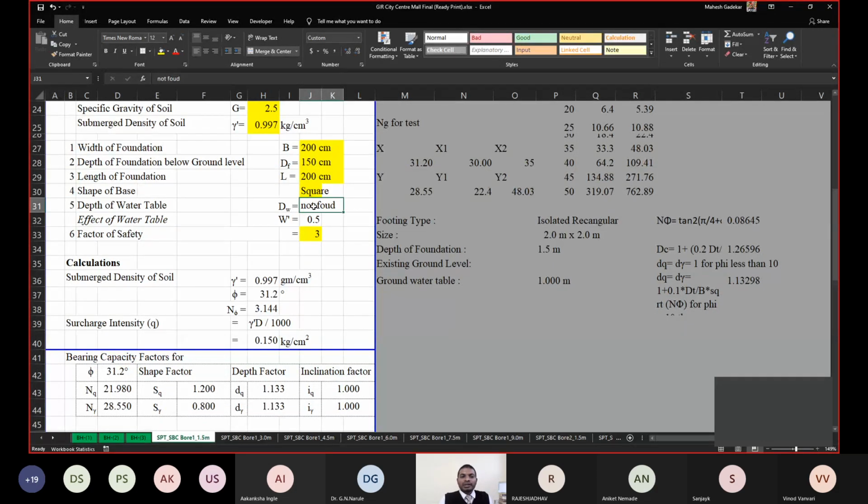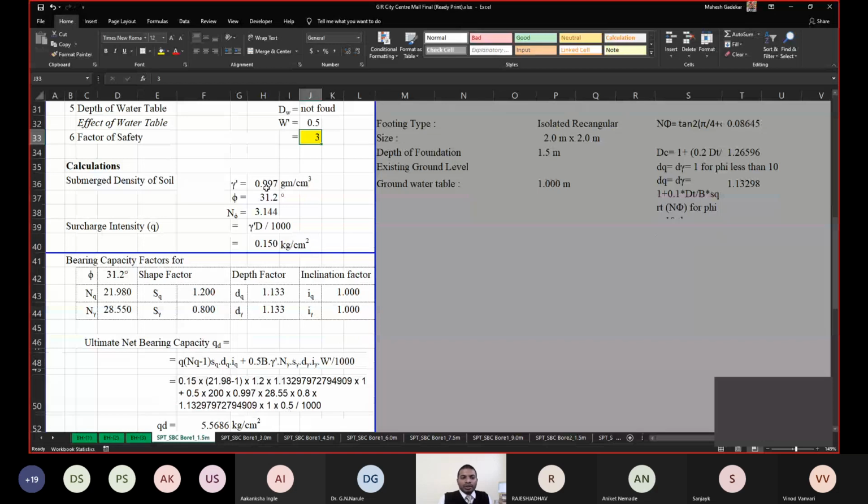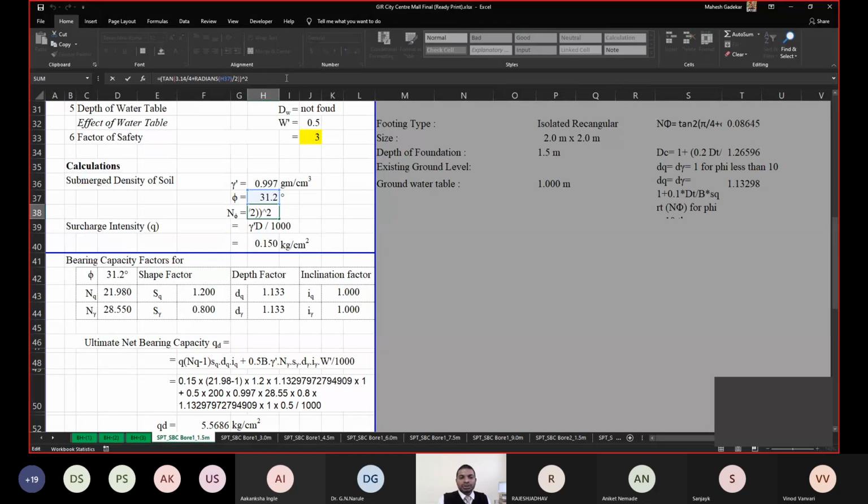So this is the data given. Based on that, the submerged density is calculated, then the phi value is there, and the N phi value is calculated. The N phi formula is given in your IS code, so you need not worry about how you should progress the calculation. Surcharge intensity is already calculated over here. For the report preparation it is given. Then from the tables,